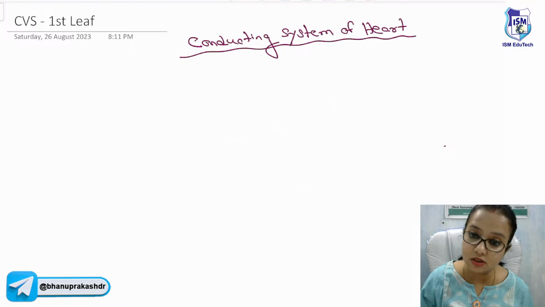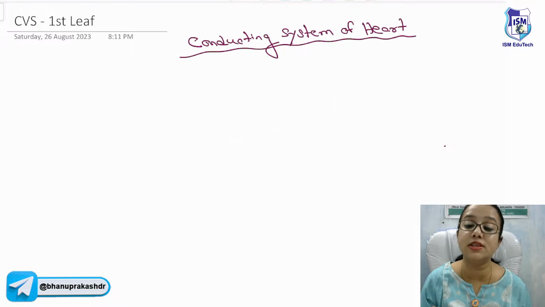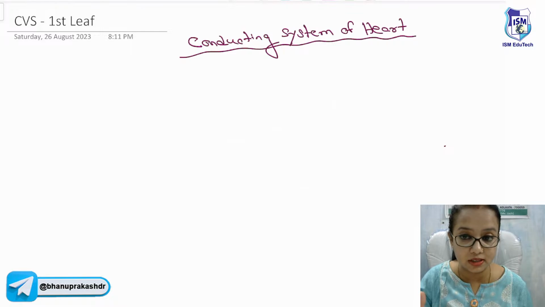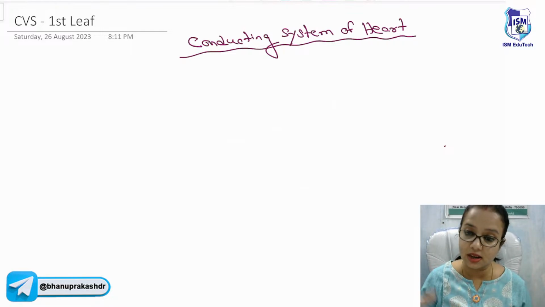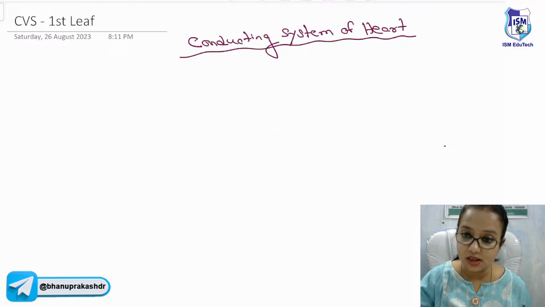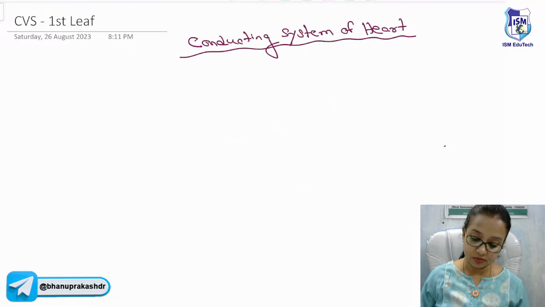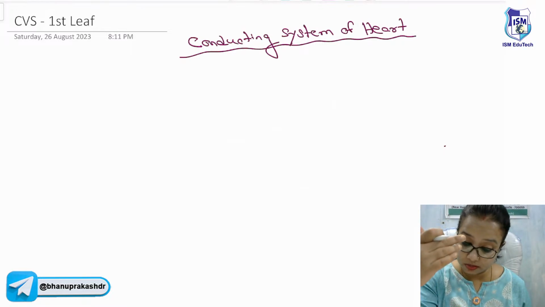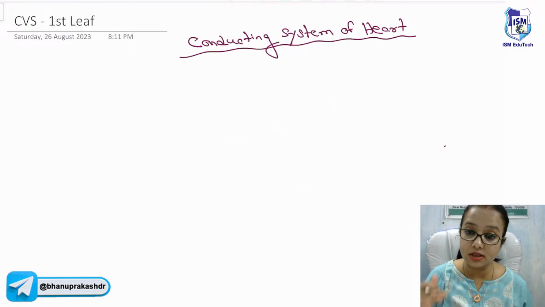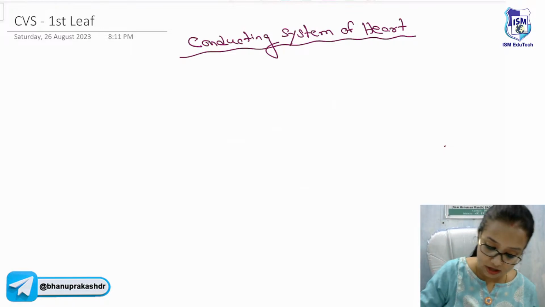So the tendency of the heart has evolved in such a way that it keeps on continuously pumping blood, both within the heart and away from the heart to the circulation, peripheral circulation, systemic circulation, as well as the pulmonary circulation. So for this, circulation of the blood pumping is essential, and for the pumping of the blood, now